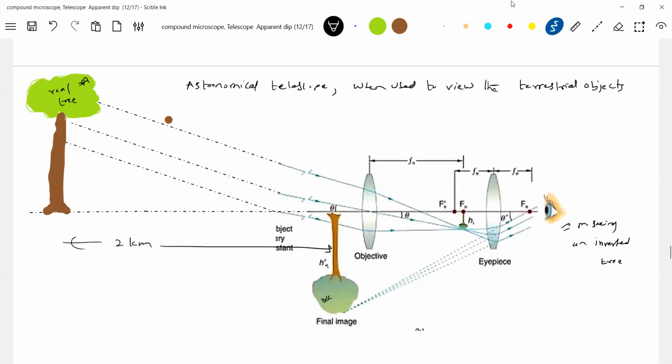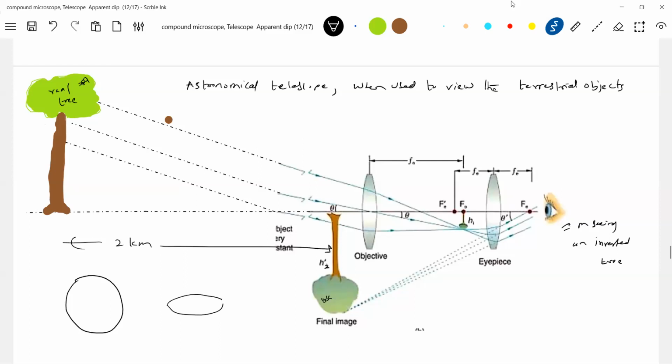Will you compromise? No, nothing. I should go for some changes. I should try something. The final image is inverted, so shall we put the telescope upside down, like this? Means I'll rotate it. What is the telescope? What is a convex lens? A convex lens is like a puri. All of you know puri. The hot puri, how it will be bulged. This is the convex lens.